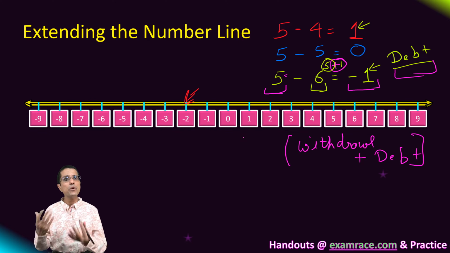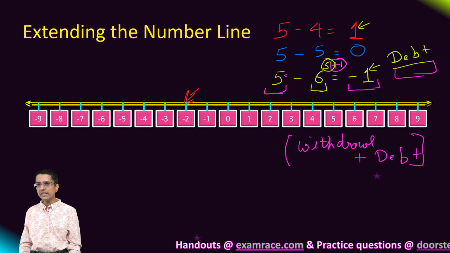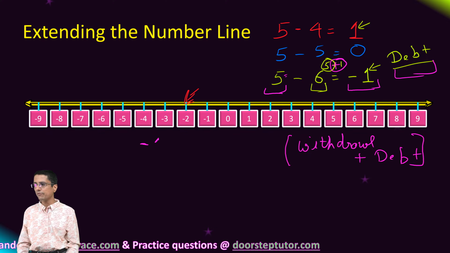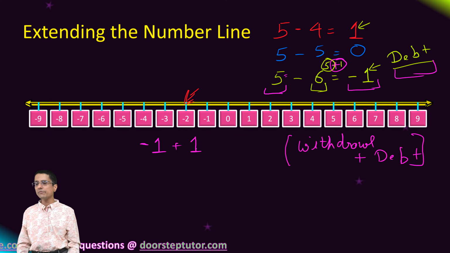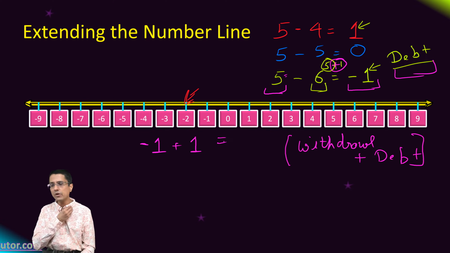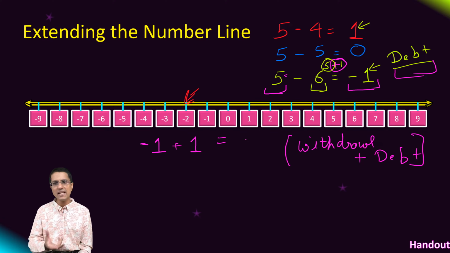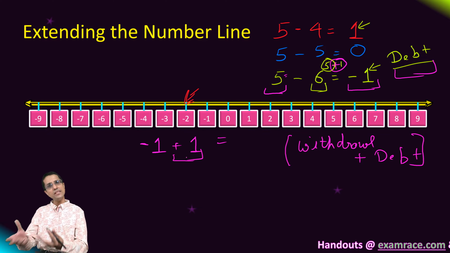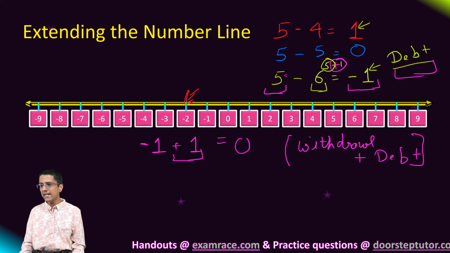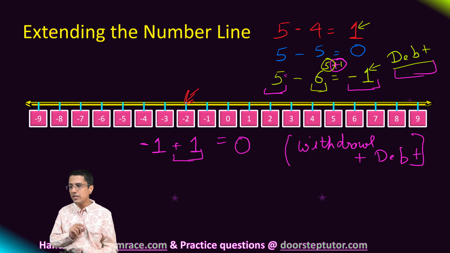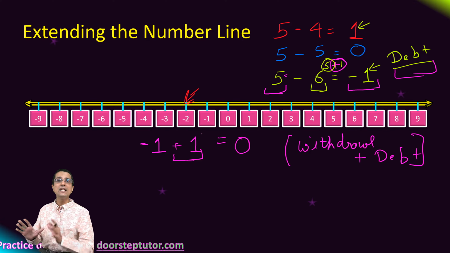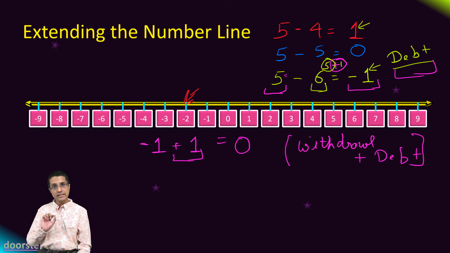What happens if I do the opposite? What happens if I deposit, let's say, 1 rupee back into my bank account? I started with a balance of -1. As soon as I deposit 1 rupee back into my bank account, the bank says, oh, your loan is now done. You don't owe anything, but you don't have any balance either. That 1 rupee is taken by the bank to fulfill the loan, that additional 1 rupee that it gave to me earlier. And it says that your bank balance is now 0. So after I add 1 rupee, I don't get that in my balance; it is used to settle my debt. This is the first thing.